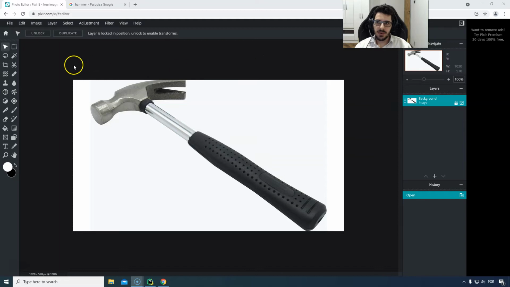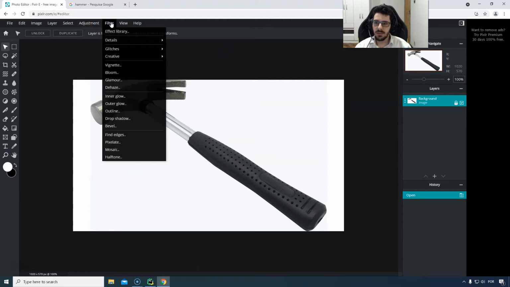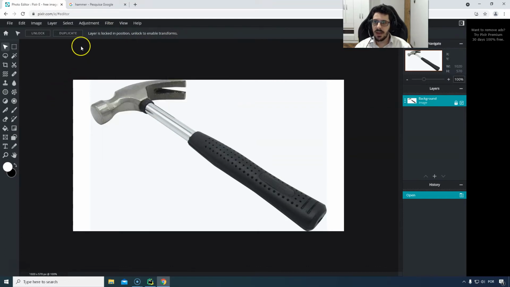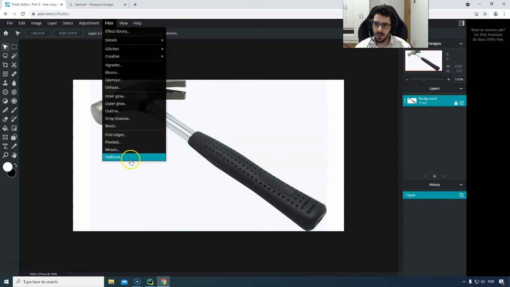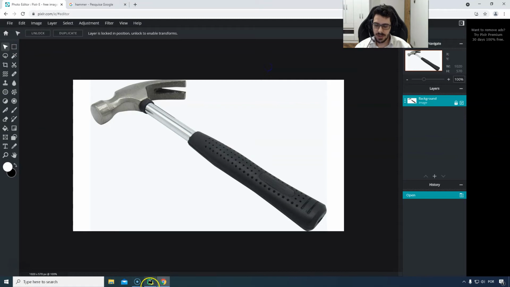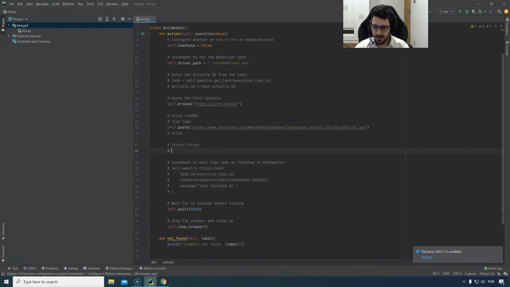Now what we want to do with this image is to click adjustment, then click invert, then click filter, details, Gaussian blur, and then filter, find edges, and finally adjustment, invert again. So this is the whole process, and we can just put all this into the code. We'll start with the invert filter, which will go like this: